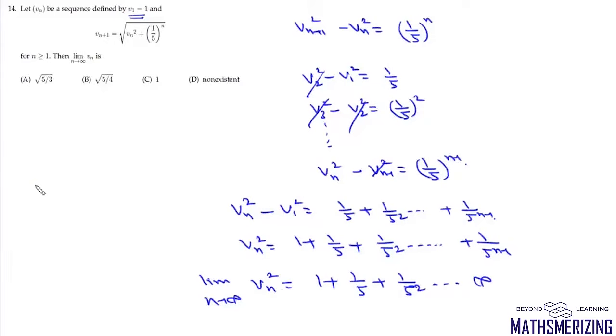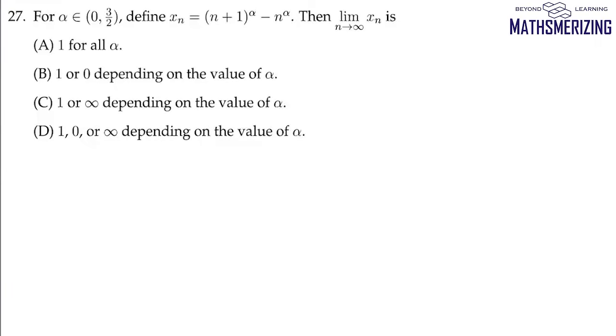So from here we can write limit n tends to infinity Vn square, it will be 1 upon 1 minus 1 by 5, which is 5 by 4. So this limit n tends to infinity Vn will be simply root 5 by 4, and that's your option number B. Now question number 27 is, for alpha belongs to 0 to 3 by 2, define xn as